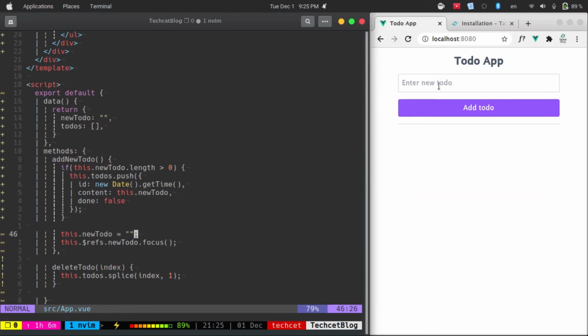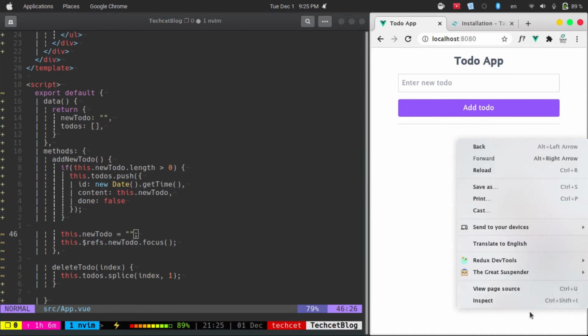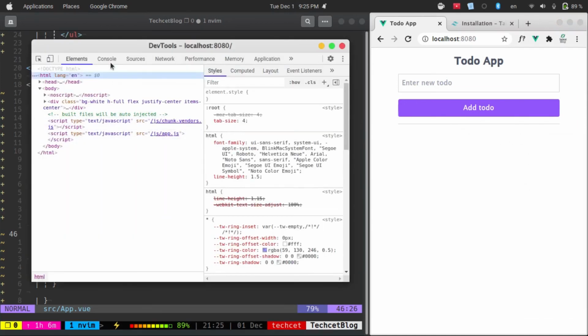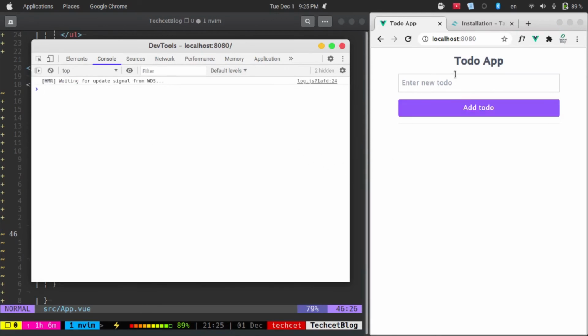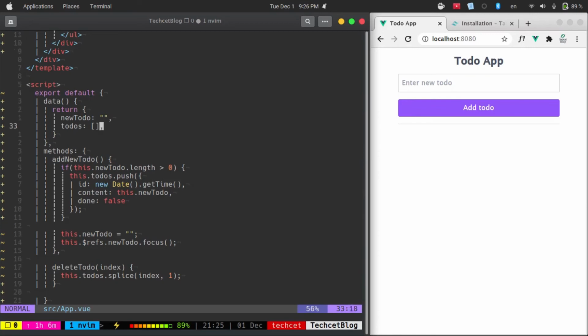And let's see, here is another todo. Hit enter, click on it, and it will be deleted. Let's see if there is any error or not. Now if you don't specify the index